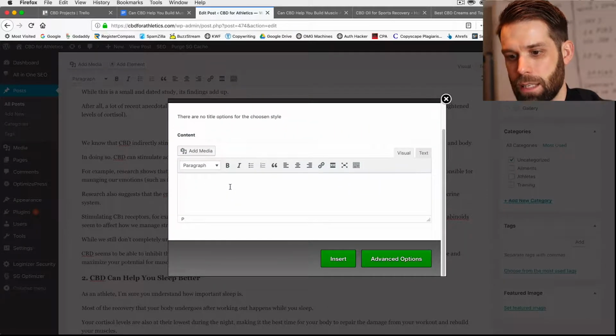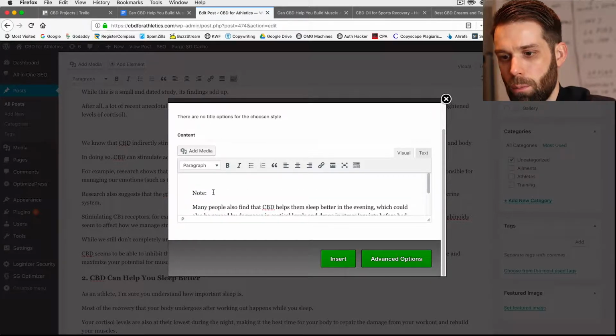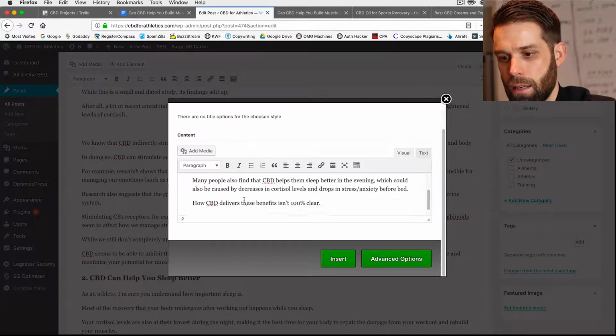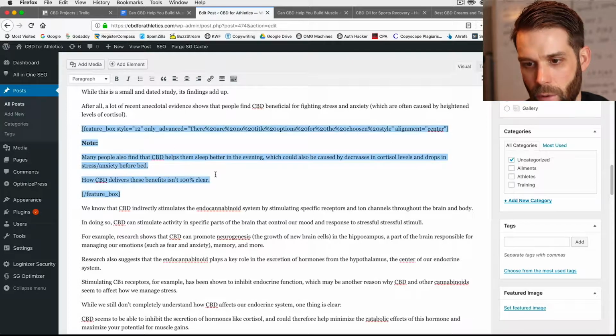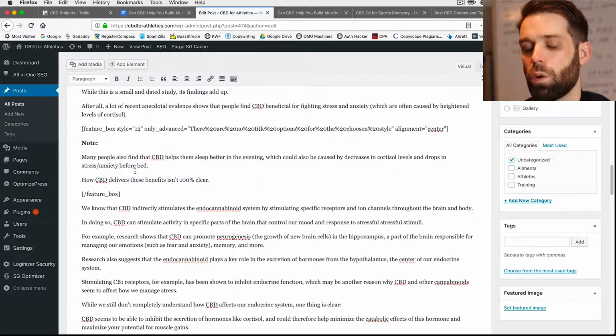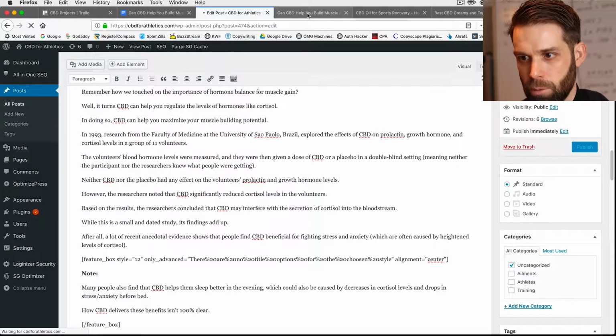And paste the text in here. So now we've got the note, and maybe we'll bold the note and we go Insert. So now we've got the feature box right there. So that's a bit of code that is used in this theme to set up that feature box. And then if we save that,